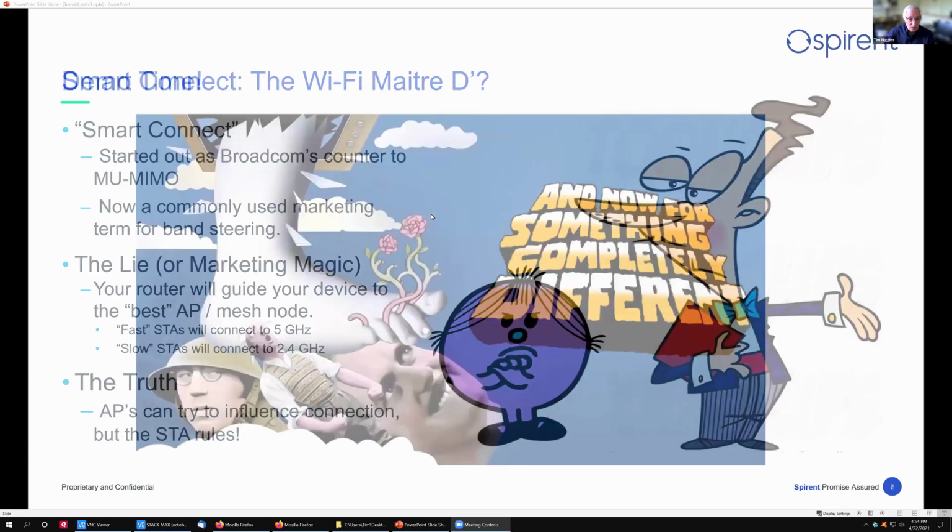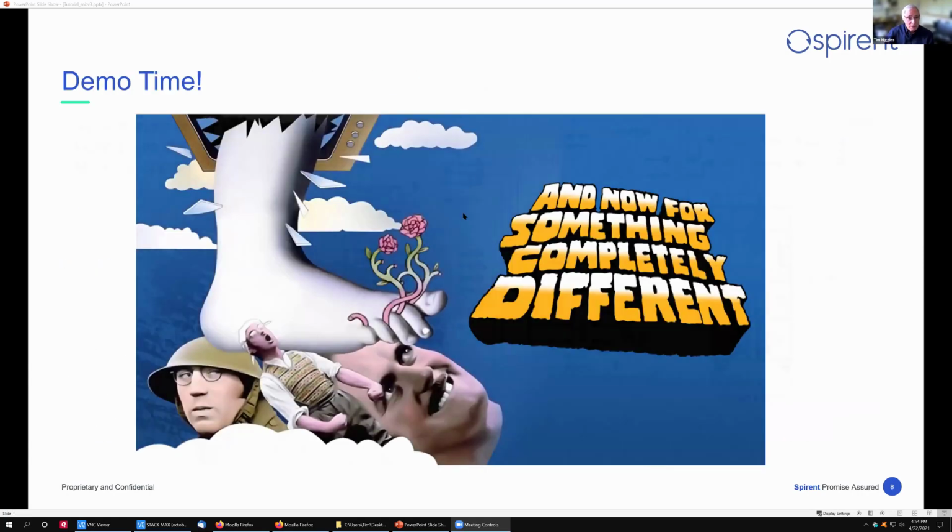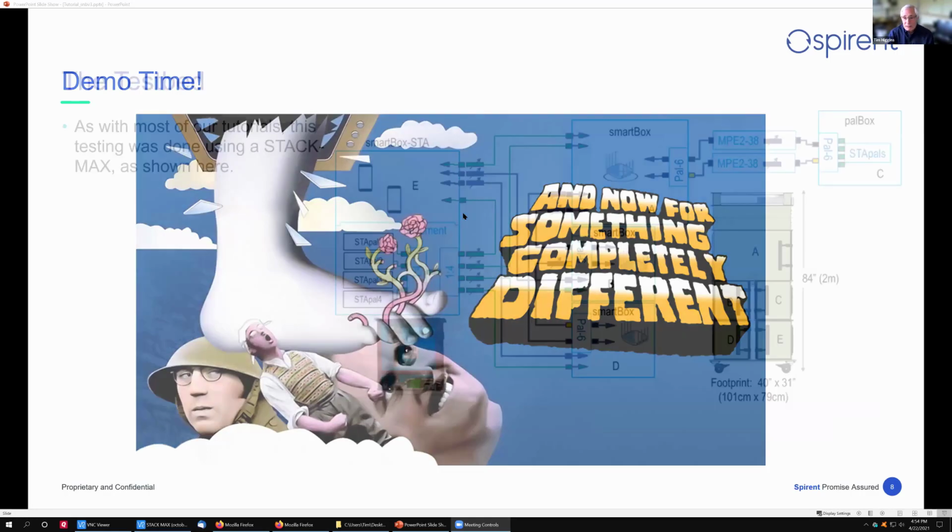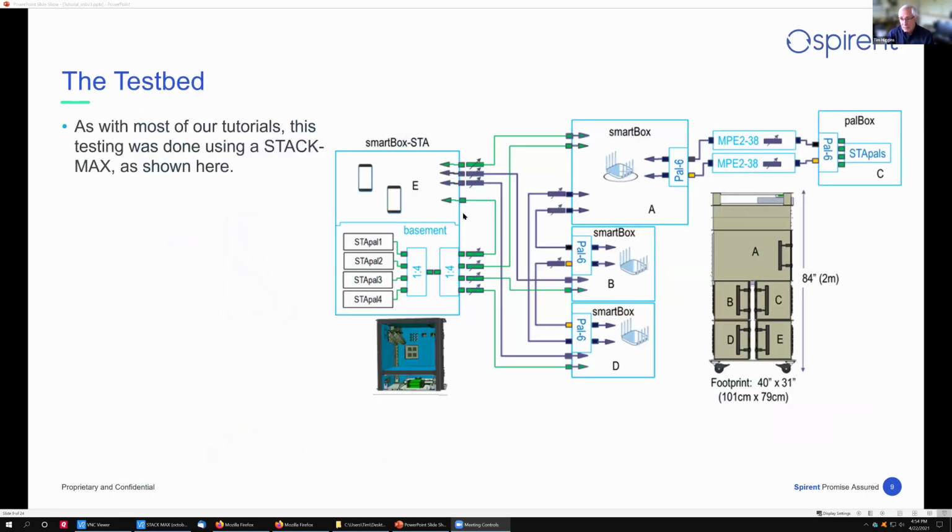All right, moving right along, it's demo time. So what are we going to do with the demo? If you've been a fan of these tutorials, you've probably seen this diagram before. The system I'm going to be using for the demo is the octoScope Stack Max. It's a very capable system. It can do mesh testing. It can do multiple devices.